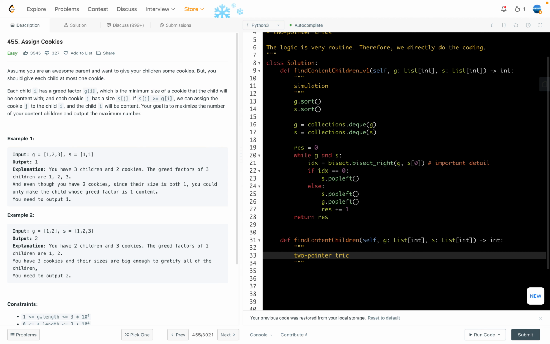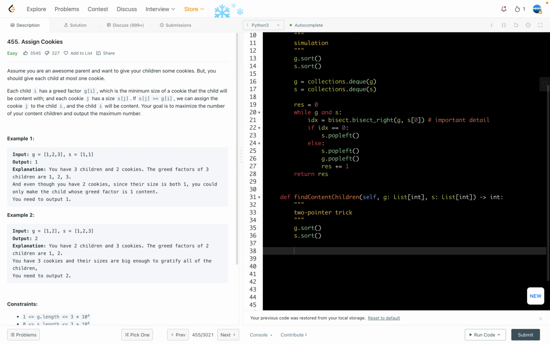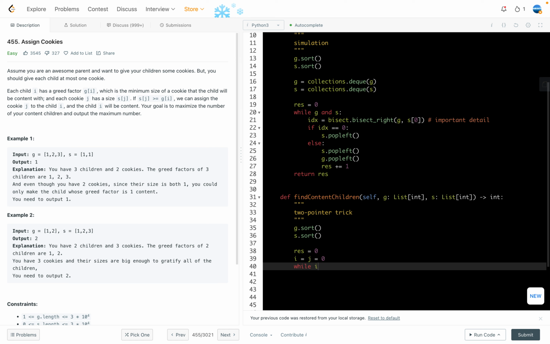So here first we do g sort and s sort. This is routine, right? Now I'm going to initialize a result variable, same as above. And then we are going to start from i, j equals 0. I'm going to use the left pointer for g, the children's greed scores, and j corresponding to the position of the corresponding cookies. And then we are going to use a while loop, iterating from left to right. So if i is less than length g, and j is less than length s,